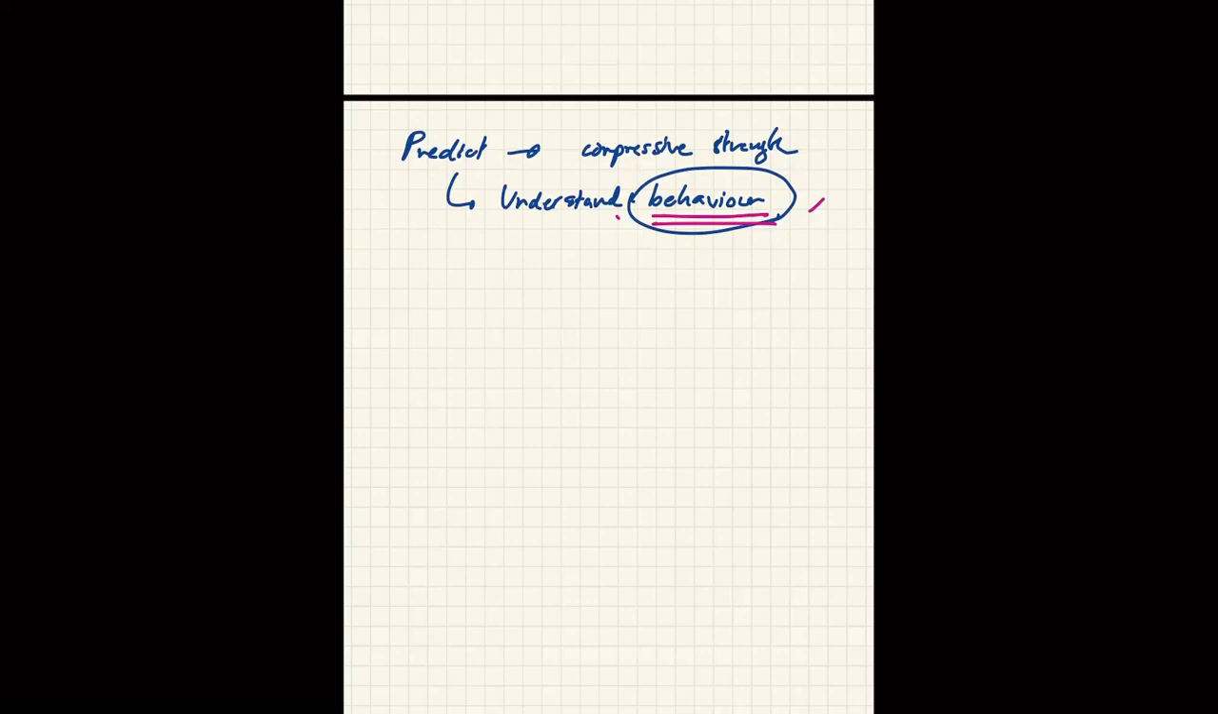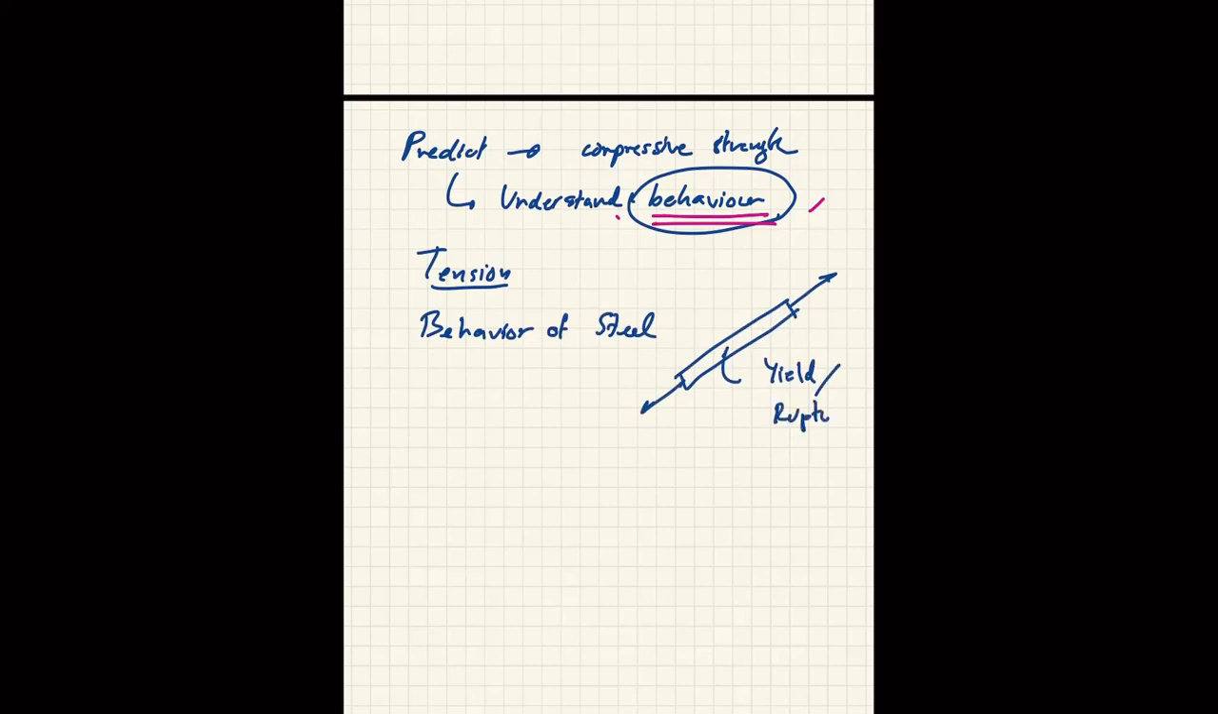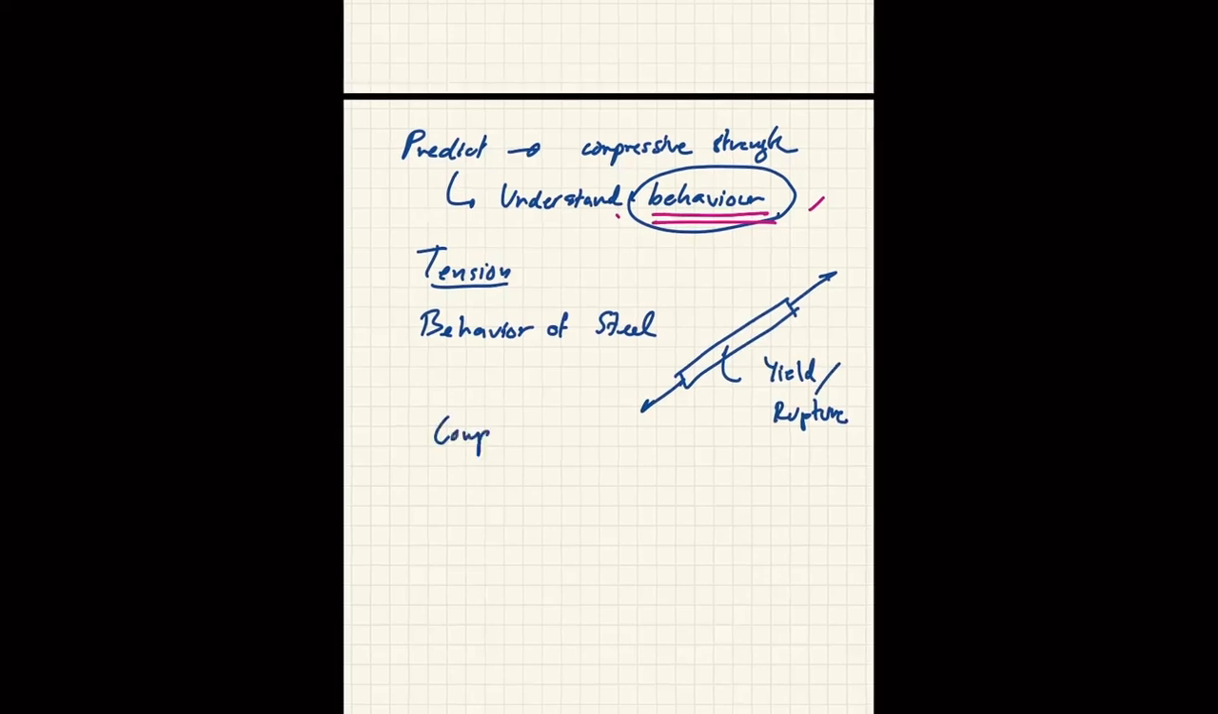Now, previously, tension. Behavior of steel under tension is that when you apply tension, it's going to yield or rupture, right? Very simple. So that's why we can predict the strength of the tension member without any problem. But when it comes to compression, you see the behavior is that